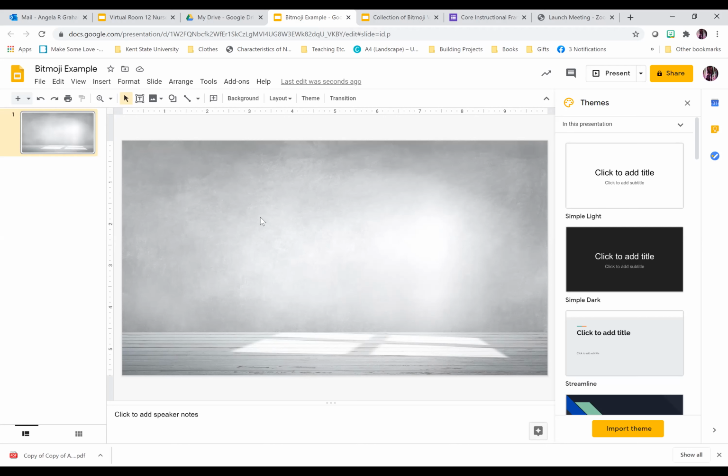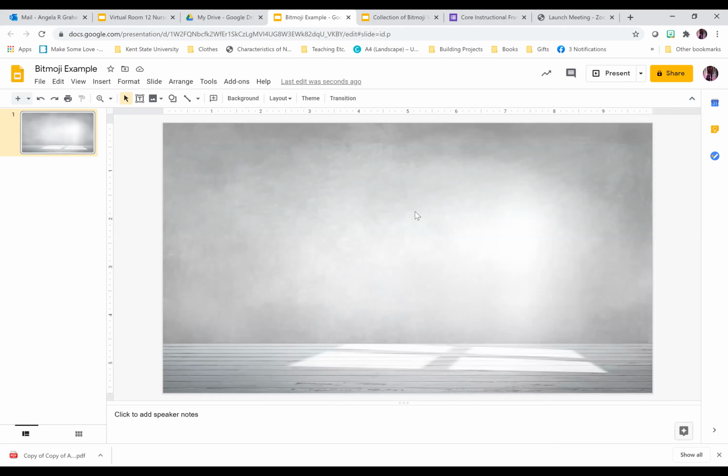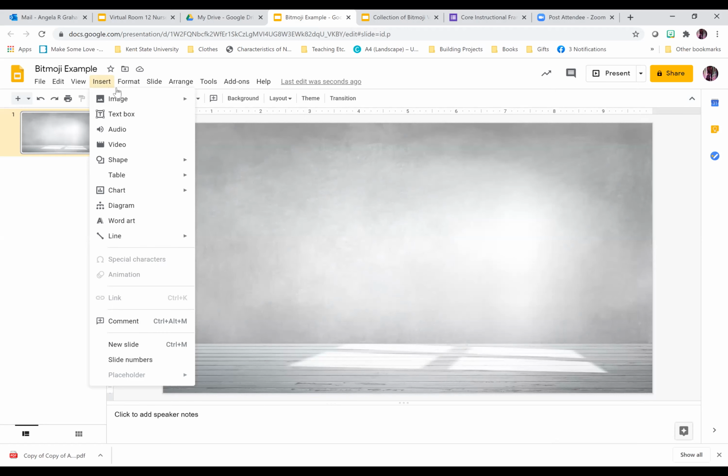And now you see here, I can click all I want, but I'm not moving my background, and that's the point. Instead of this. Now comes adding the images. Now there's a couple ways to go about this. If you're looking for something pretty simple, you can just go to Insert, Image, and then you can do Search the Web,